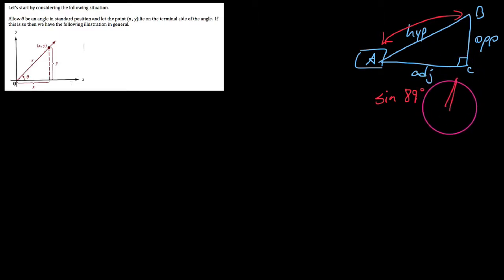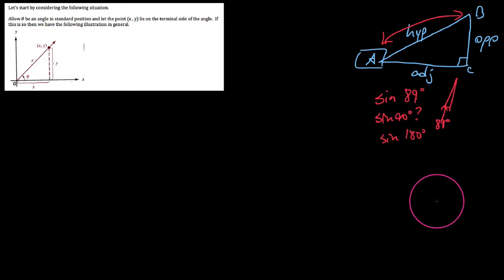We only ever work with right triangles using SOHCAHTOA with the two acute angles, which means we're kind of restricted in terms of how big they can get. So sometimes maybe I could find the sine of 89 degrees. It would be some triangle that looks like this, where that angle right there is 89 degrees. Like, we could do it. But what if I wanted to find the sine of 90 degrees? Or say the sine of 180 degrees? How am I supposed to sketch a 180 degree angle, which by the way looks like this, and